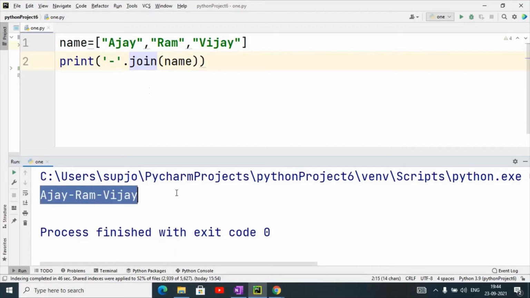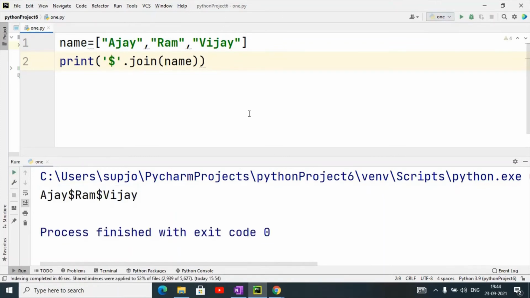Understand, everyone? This is delimited by hyphen symbol. If you want to delimit it by hash symbol, you can use hash symbol also. Any symbol that you give here, it is delimited by that particular symbol. For example, if you delimit by dollar sign, it will convert this list, or collection, you can say.